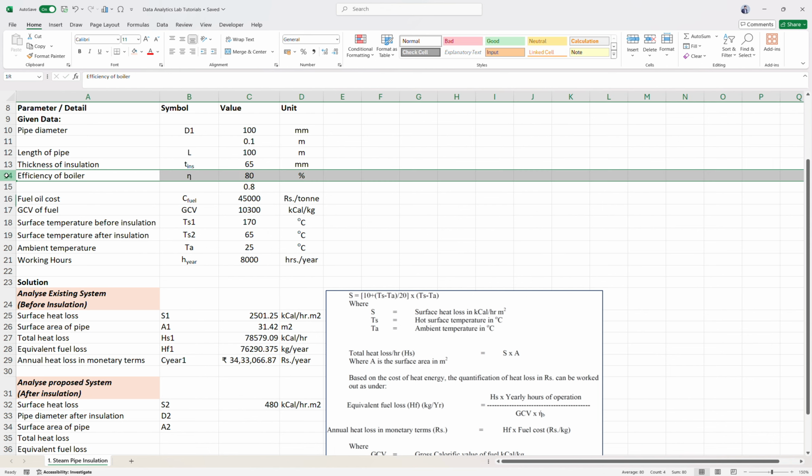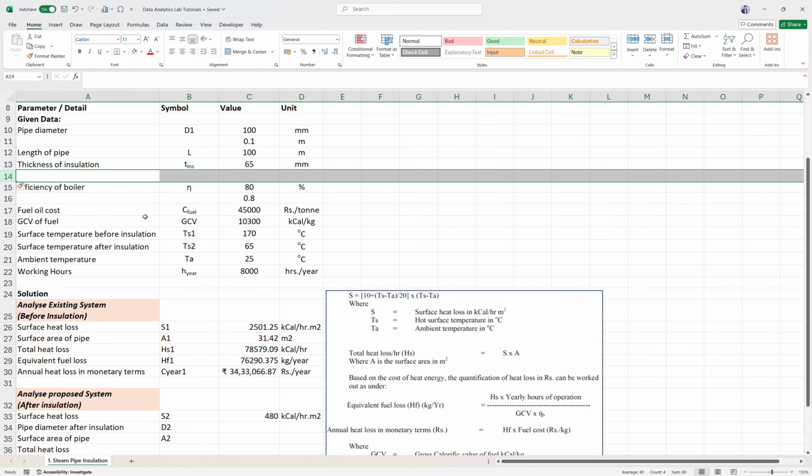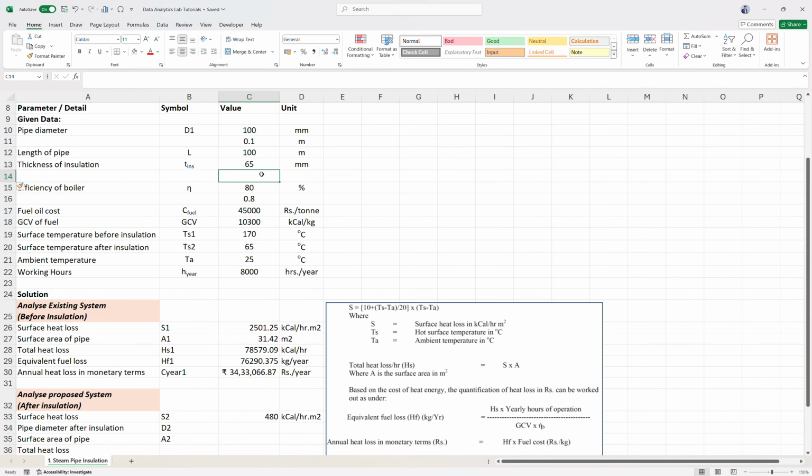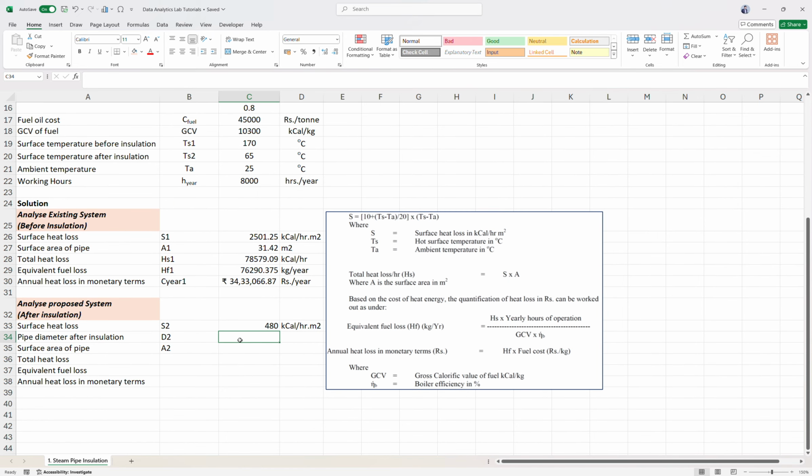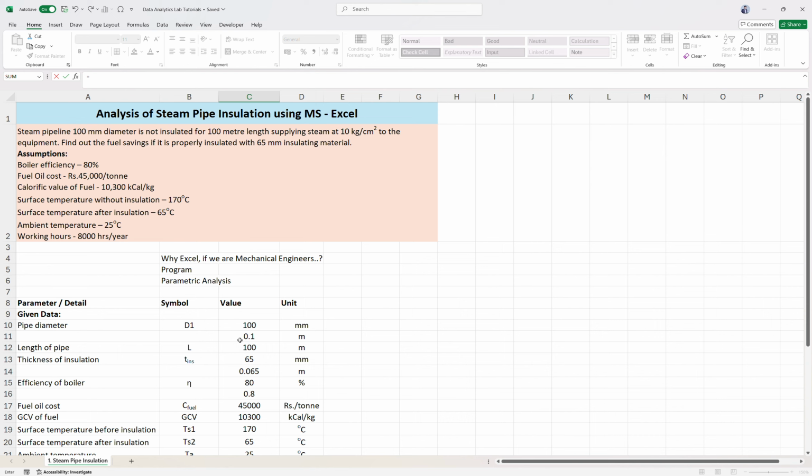I will insert one row here. Again, I can convert this in meter. I need to simply divide this by 1000. So equal to this value divided by 1000, tab, it is in meter now available to me. So I will get back to D2 equal to whatever is my value of D1 plus 2